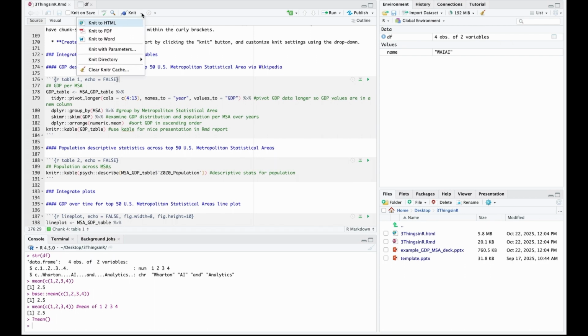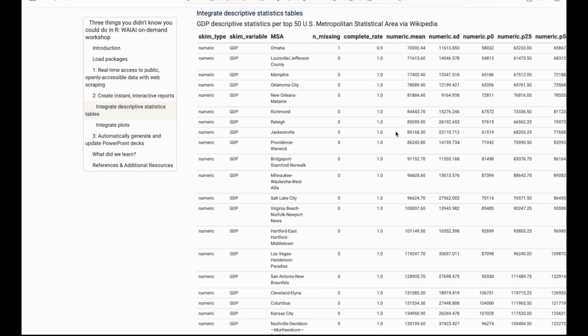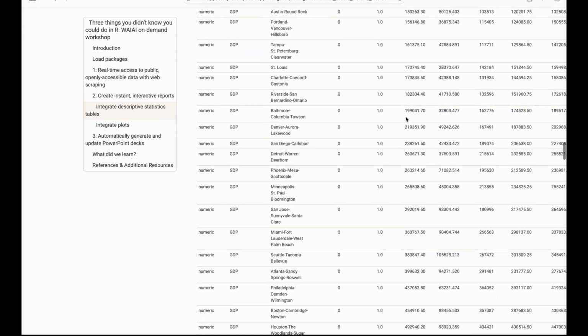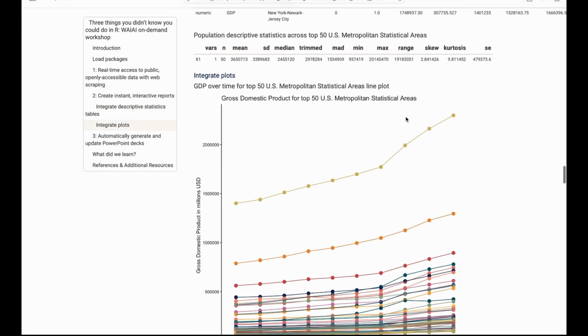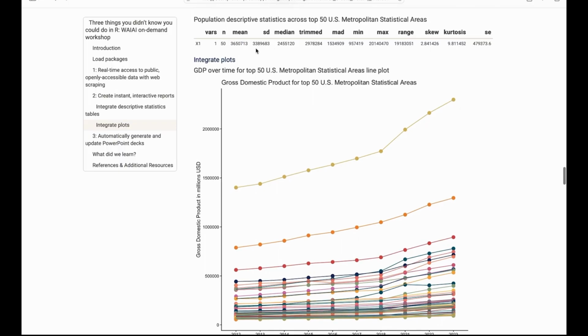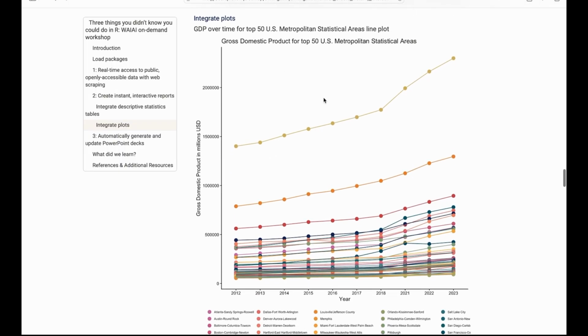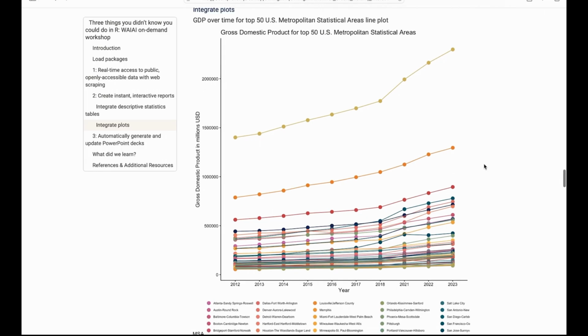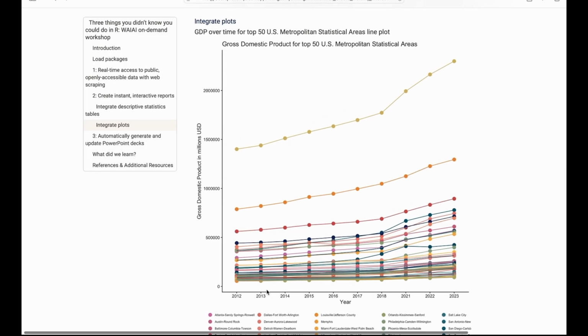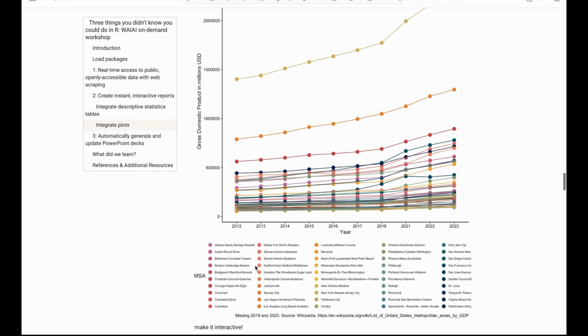With some exploratory data analysis tables, we can easily examine descriptive statistics and distributions for GDP in millions of dollars for each MSA and descriptive statistics on the 2020 population across US cities. We can also create data visualizations for reports directly in R. As if this were a real report, I followed data visualization best practices, for example, including clear X and Y axis labels, titles, and captions, using consistent color schemes, and including minimal extra information on plots so that key findings